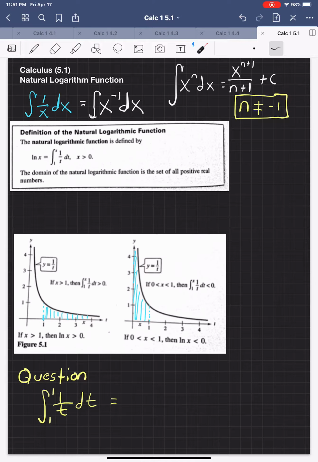But because of that, we have not yet been able to integrate a function that looks like this, x to the -1. And now we're going to turn our focus to that caveat. And we're going to do so, but let's start with the definition of the natural logarithmic function. And before we do that, maybe it's worth understanding